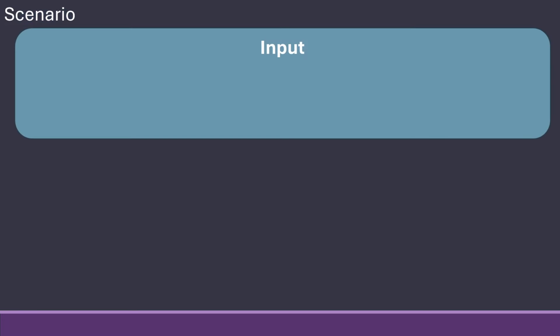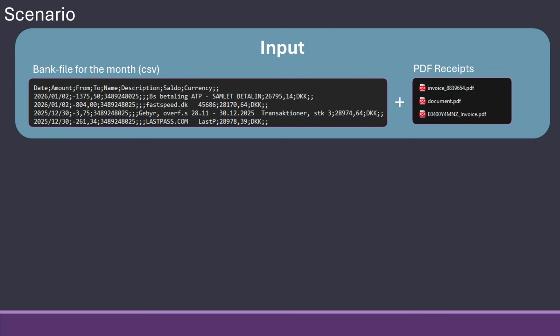So the scenario is that I, as a company, have a bank file from my operating account. And then I get some PDF receipts for things I buy, services I have, internet, Azure bills, and so on and so forth. The bank comes in as CSV. Unfortunately, they don't have an API. So I just get some very, very raw data here with just a little bit of text about what it is, but in no way what has been purchased or anything.